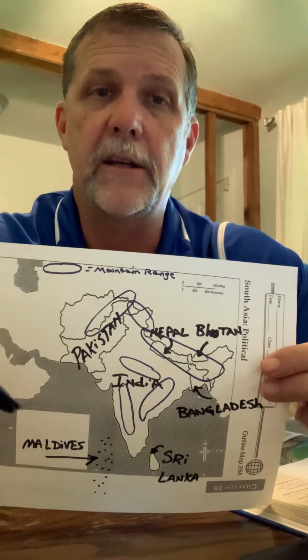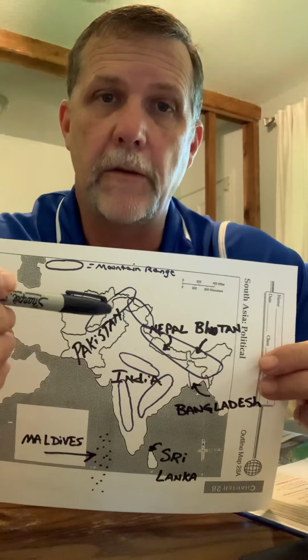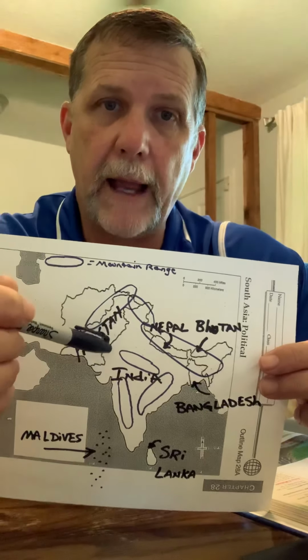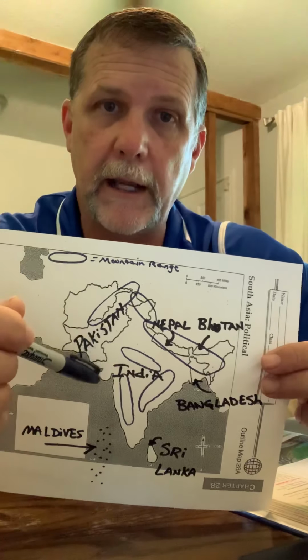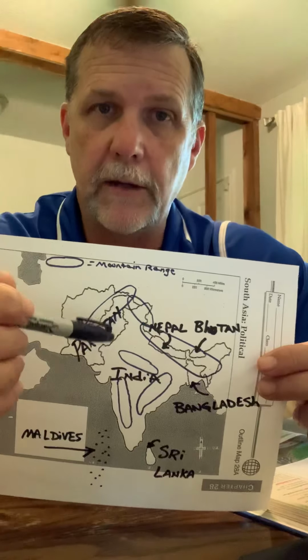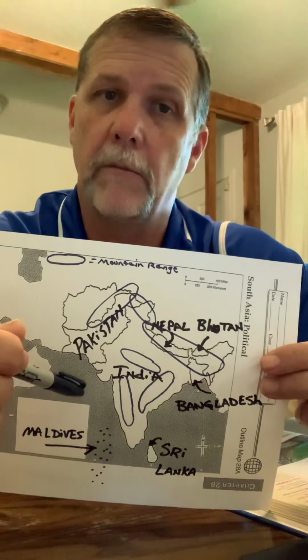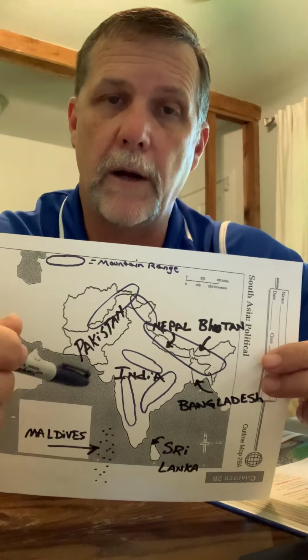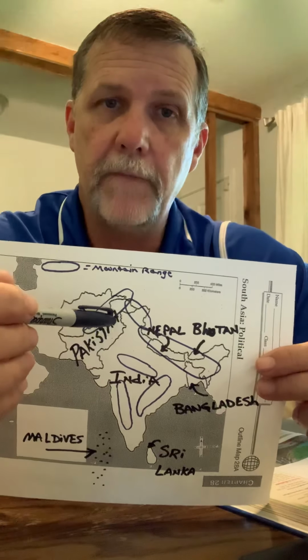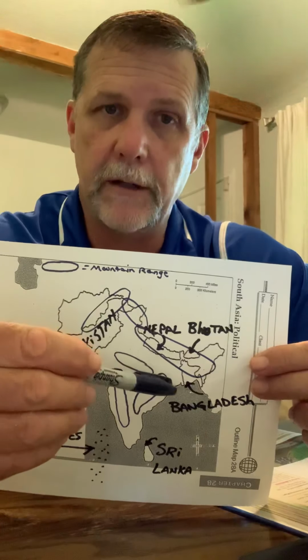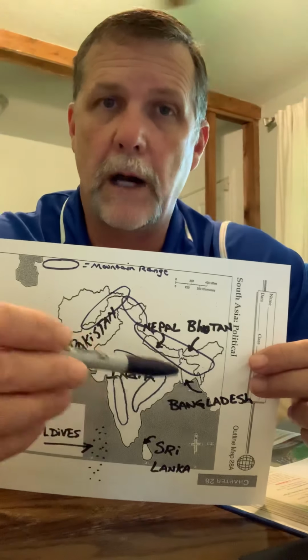And one is called the Indus River. And the Indus River flows down from the Hindu Kush Mountains up here, and it flows over here by Pakistan and India, and it goes on down here to the Arabian Sea. So you had the Indus River civilization, which you probably looked at in the Unit 8 questions a couple days ago. And so you have the Indus River, and then you also have the Ganges River, and then you have another one called the Brahmaputra.